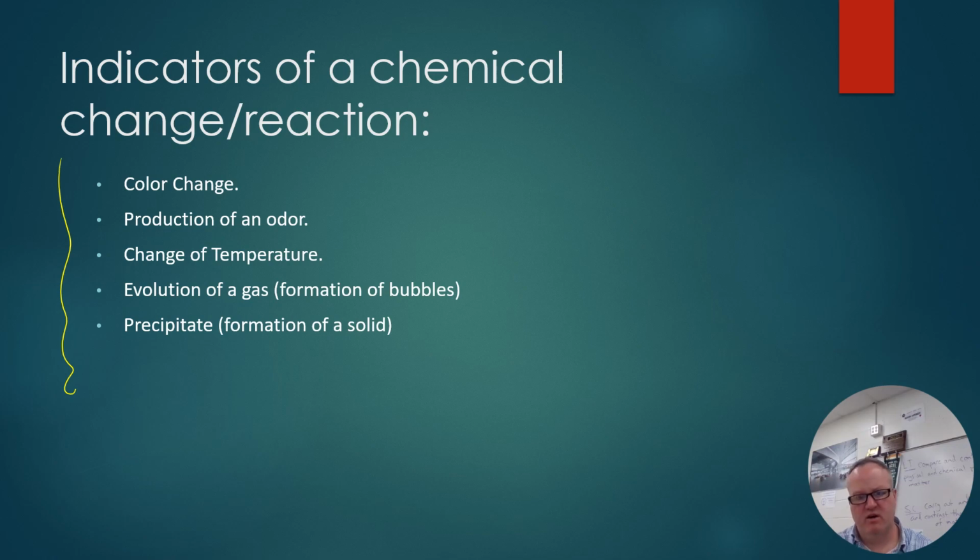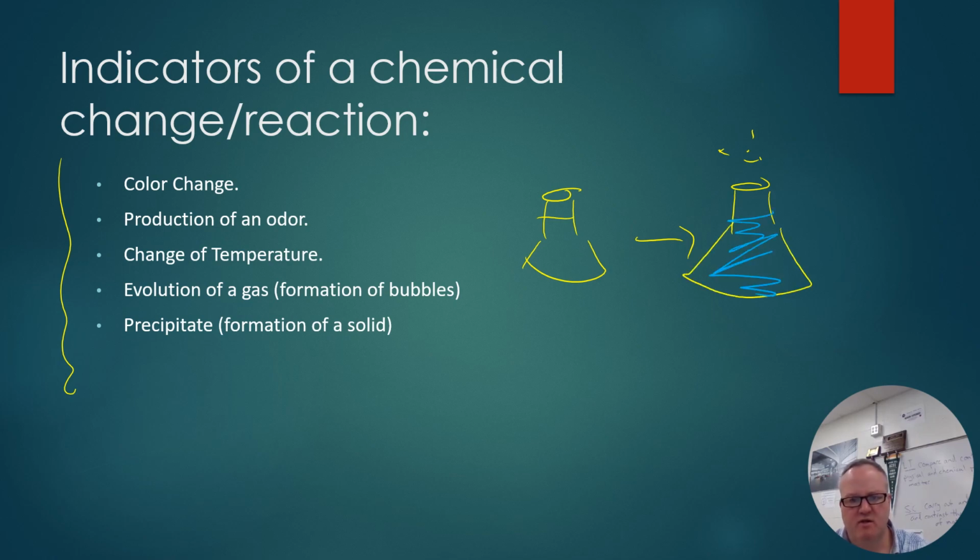Again, these are the indicators here. This is a little bit confusing because some of these are, in fact, physical changes, but these things happen when you have, let's say, a flask. You have a chemical inside, and then you do something where you add maybe a powder to it, and then it forms something else. Okay, you're going to see a couple of these things occur. Usually, I would say most of the time you're going to see at least two of them, but you'll always see one. Most of the time more than one, but always one. There's no way a chemical reaction can occur without one of these 5 things happening. Okay,